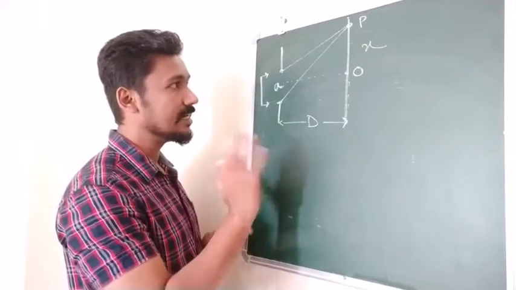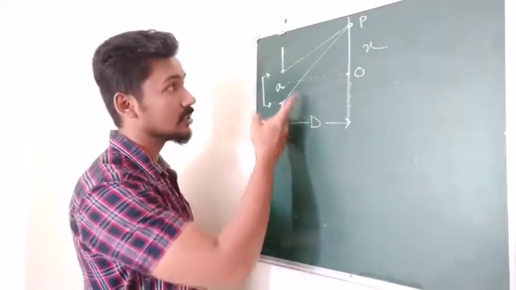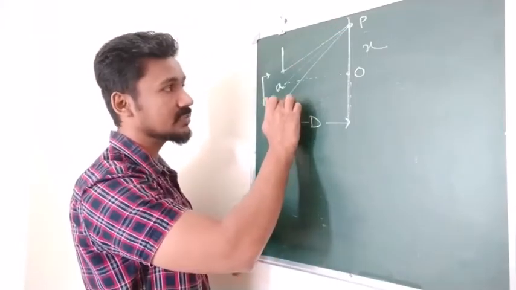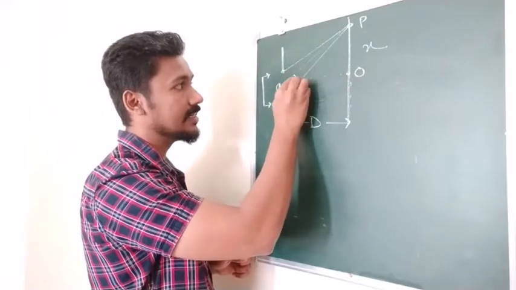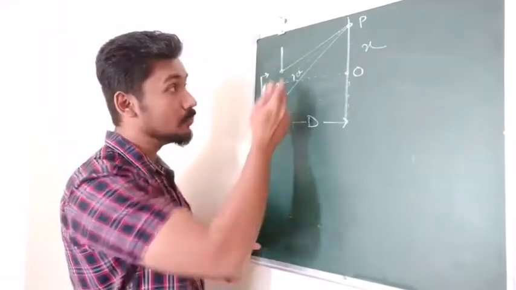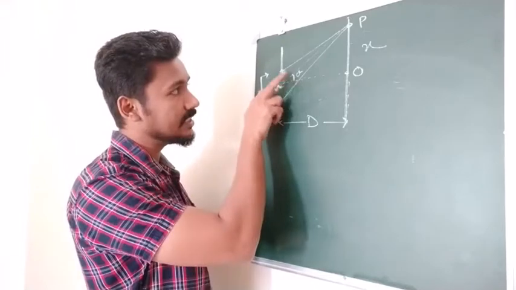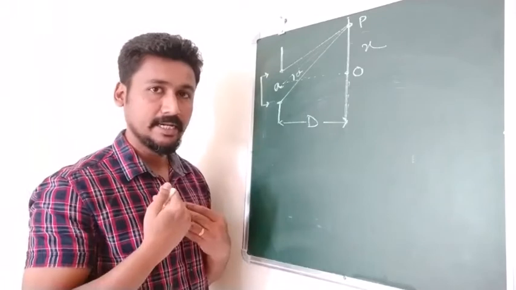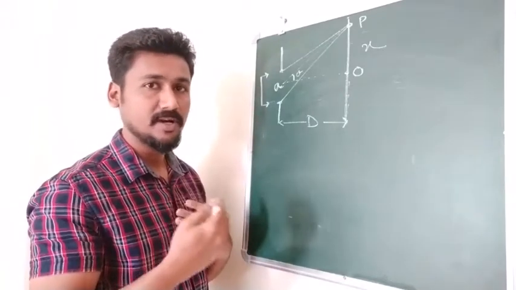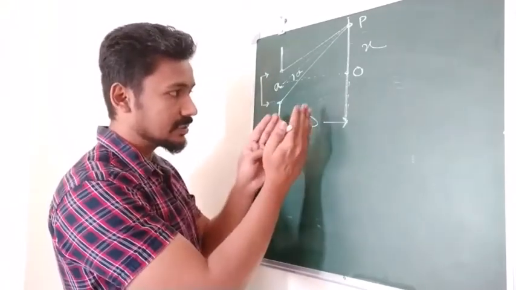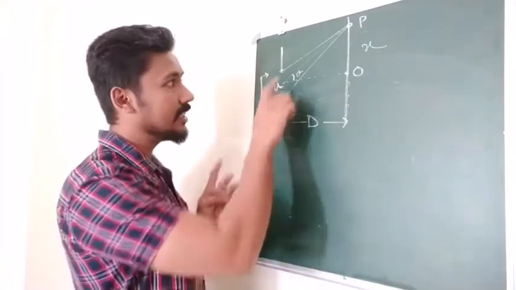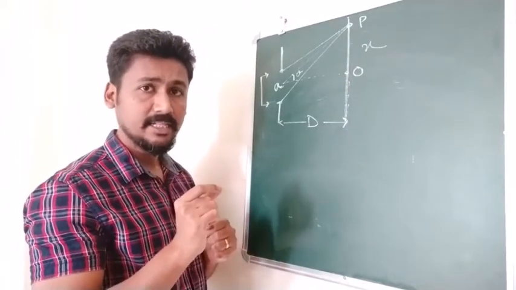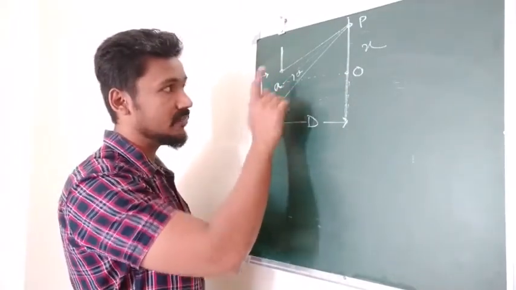So for that, let us put some values. First we are going to assume that the angle that these two waves are making with the horizontal is theta. Now we are saying that both waves are making angle theta. You can see they are actually making some angle with each other. But we are taking some liberties whenever we are doing these kinds of derivations. We are assuming this capital D is very, very large, so that these two rays, although they are intersecting, we can assume that they are parallel to each other. So both are going to have an angle of theta.